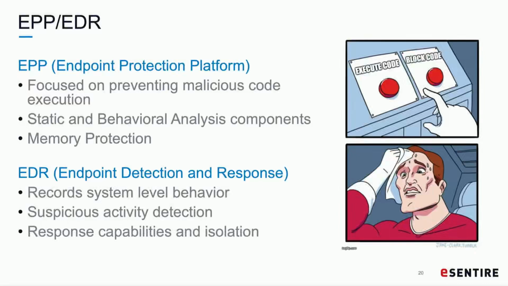So, endpoint protection platforms and endpoint detection and response. You see these thrown around a lot. They're kind of converging now as well. You'll see some providers trying to merge the two functionalities together because it kind of makes sense. But if you're referring strictly to EPP, you're talking about interrupting code that's being run immediately. And if you're talking about EDR, you're really talking more about the telemetry side of things. There is some overlap between the two, but that's their fundamental difference.